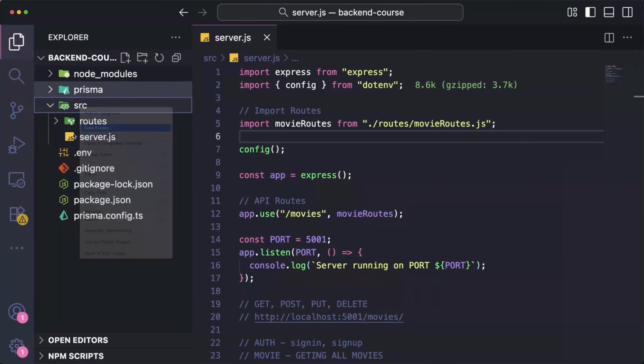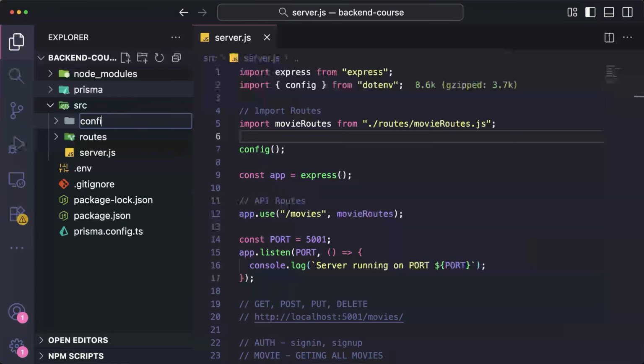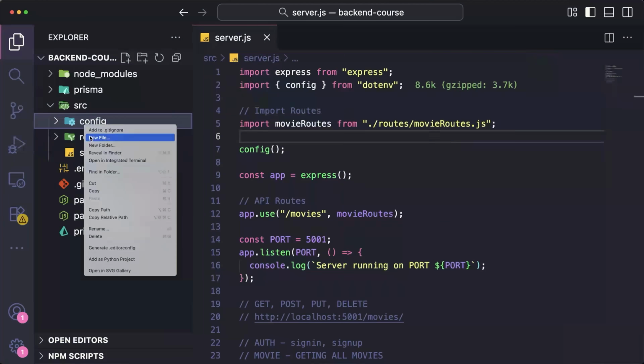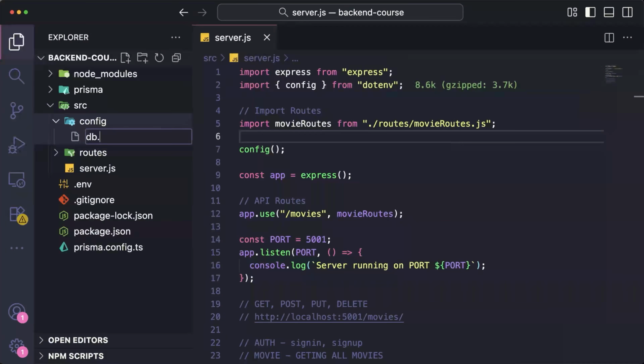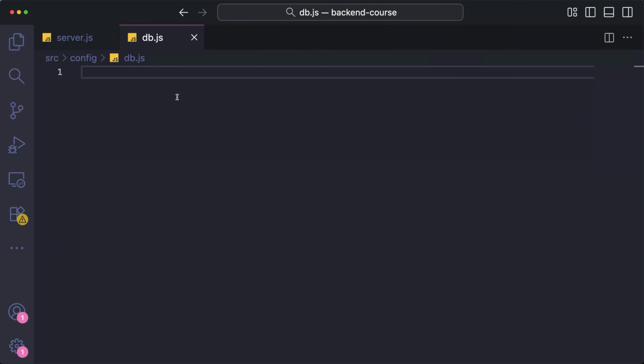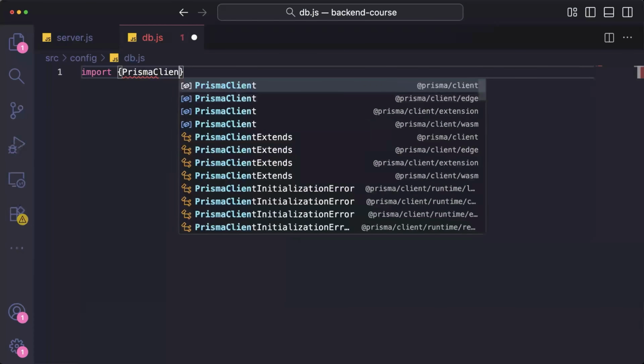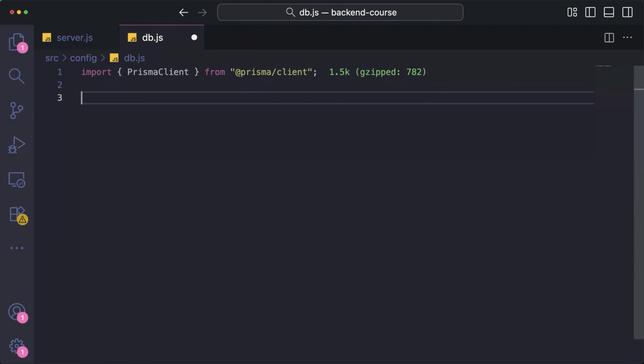Now we have to create the part of our project that is going to configure the connection to our database. So I'm going to create here a folder called config, and inside of it, I'll create a file called db.js. Now, in this DB file, what we want to import is the Prisma client package. Now, we're going to create an instance of this